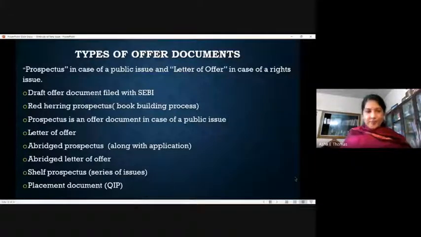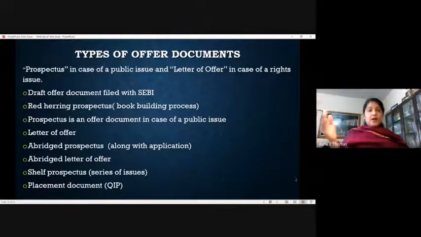And then the next document is the shelf prospectus. Now, what you have to understand is that a shelf prospectus is something that will be used by a company when it is planning for more than one issue. Say one time, if you're going with an issue, you will go with a prospectus stating all the details. Then you go with your offer, you will close your issue. But if the company is planning to offer that in a series,